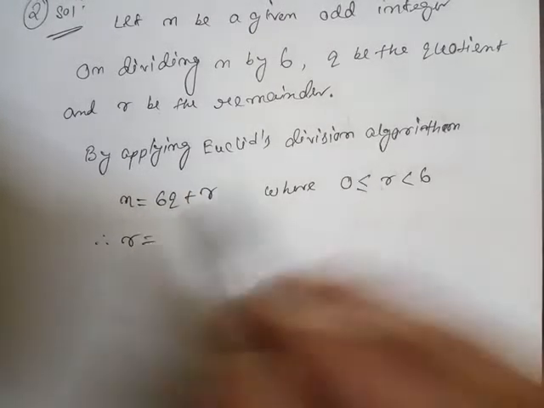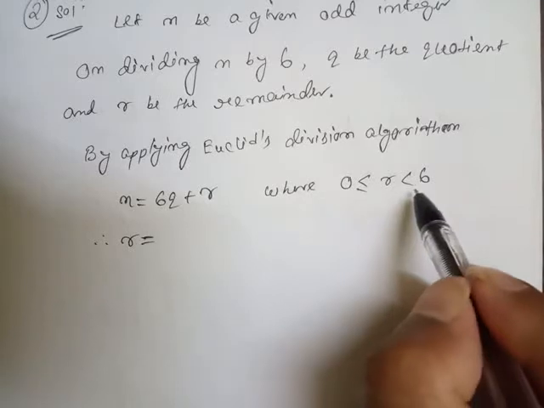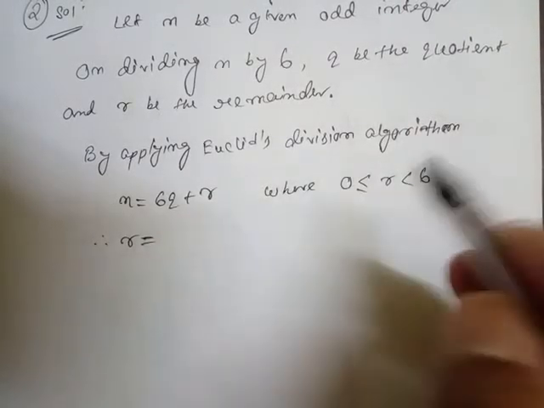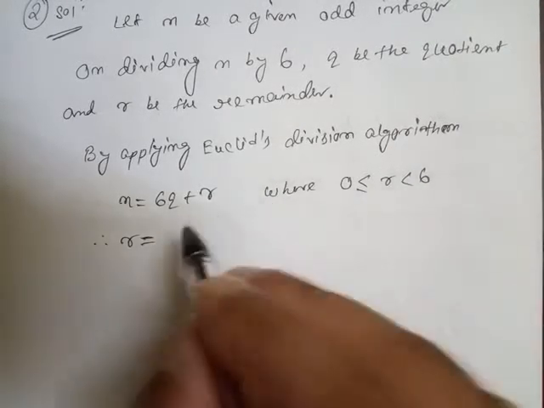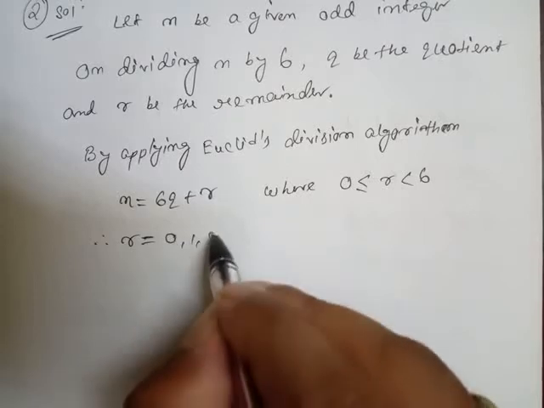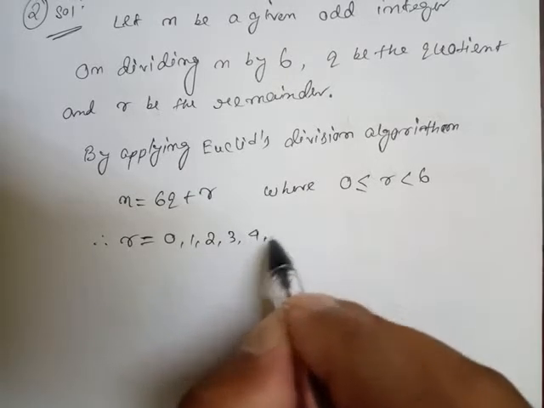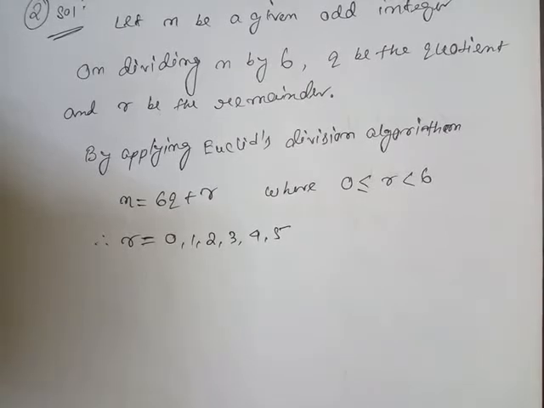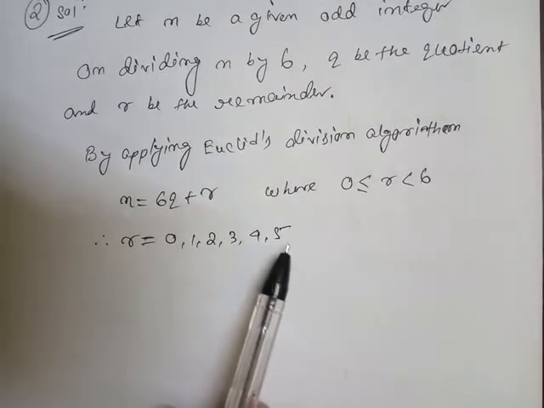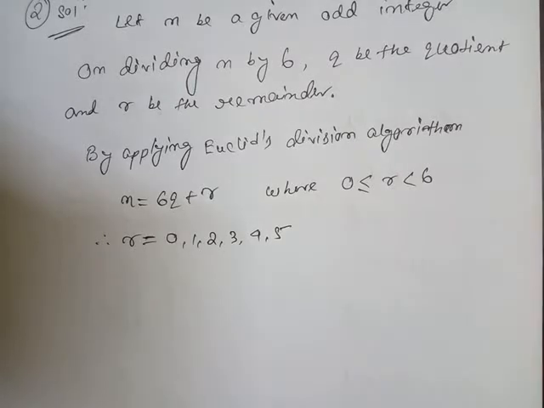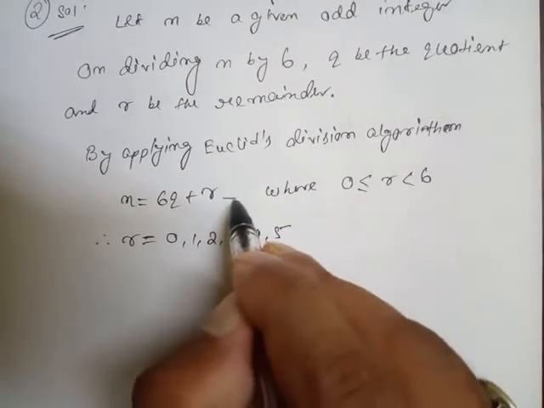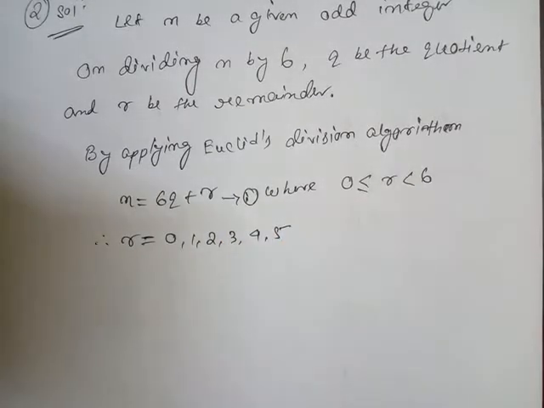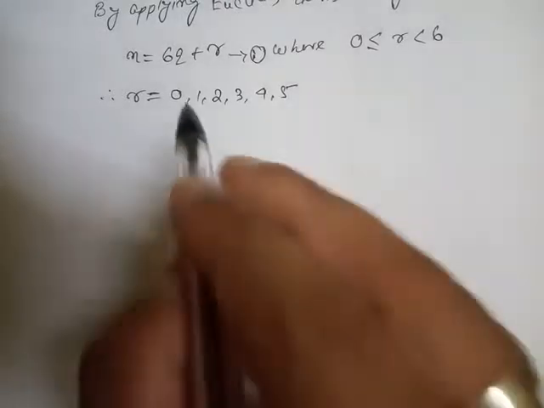therefore r equal to, now the value of r should be less than 6. So we'll start from 0, 1, 2, 3, 4 and 5. This is the value of r. Now after that, I will put the value one by one in this equation. So it's better if I take this equation as equation number 1. Now look here student, when